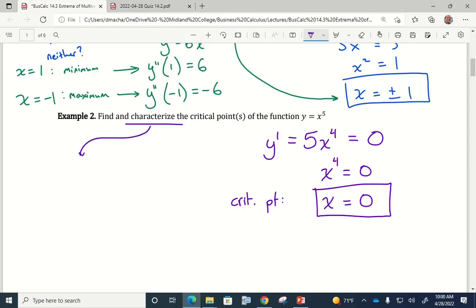Characterizing the critical point means I take the second derivative. In my case, that would be 20x